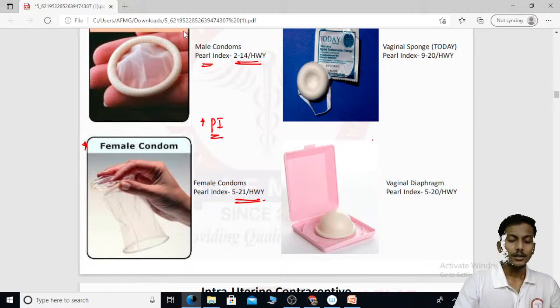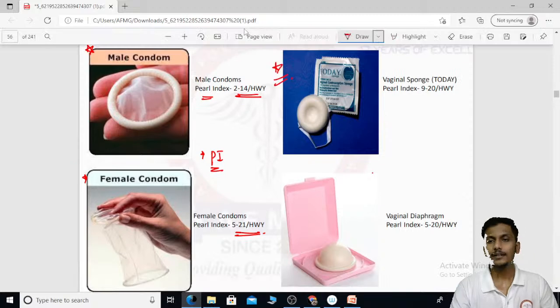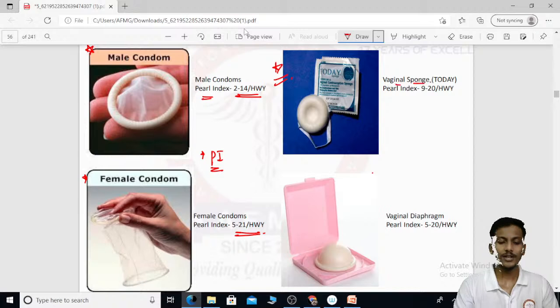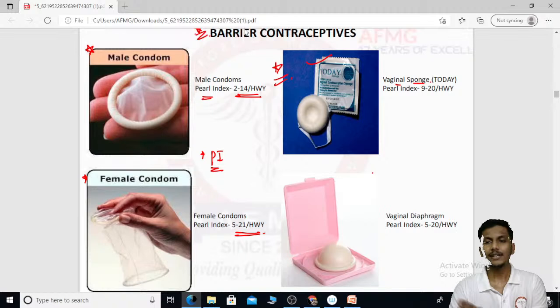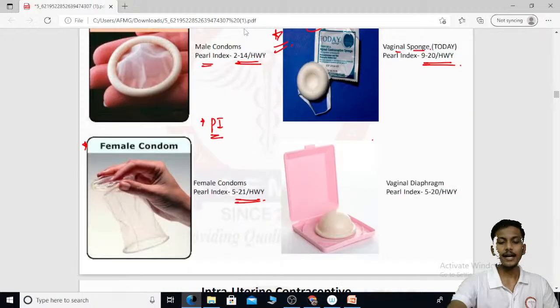The next one that you can see over here, this image shows you a contraceptive known as a vaginal sponge, which is famous by the brand name Today. So please remember, this is a vaginal sponge or Today. The Pearl index for this vaginal sponge is 9 to 20 per 100 women years. Important, yaad rakhna. And the next one, the last one that you can see in this pink box,